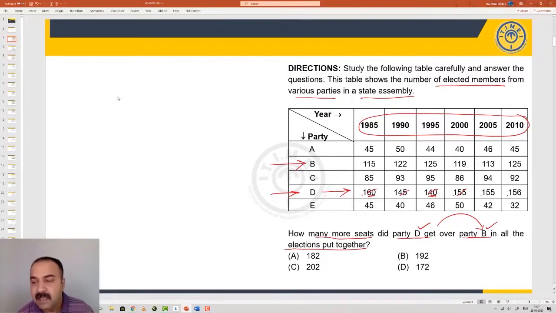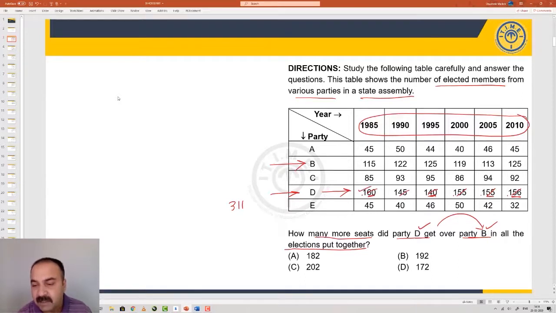I have 200. Then I have a 55 and a 56. 55 and 55 would make 110 because 50 double is 100, and it is not 50 but it is 55. 55 double is 110, but it is not 55 and 55, it is 55 and 56. So it is 111. We already had 200 earlier. Now we have 111. That makes it 311. So in our mind, maybe right now, because of the first time exposure to this, we will just make a small note on a rough paper that this much double digit addition for D is 311.